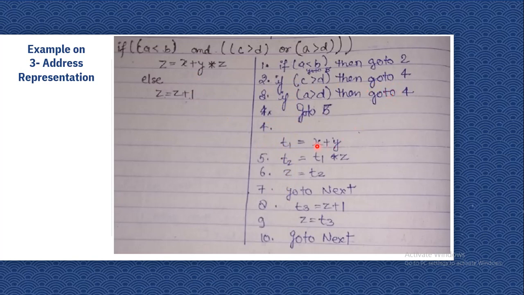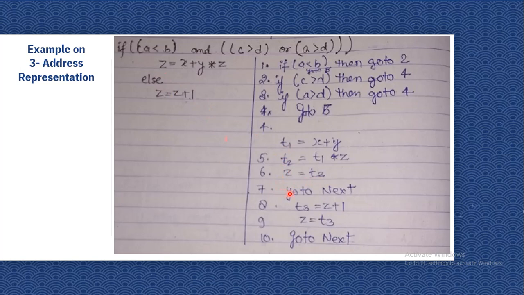In 4, we are adding these values and storing the data in Z. Sorry, we are adding x plus y and storing it into T1. Then T1 into Z, we are storing it into T2. Z equal T2.